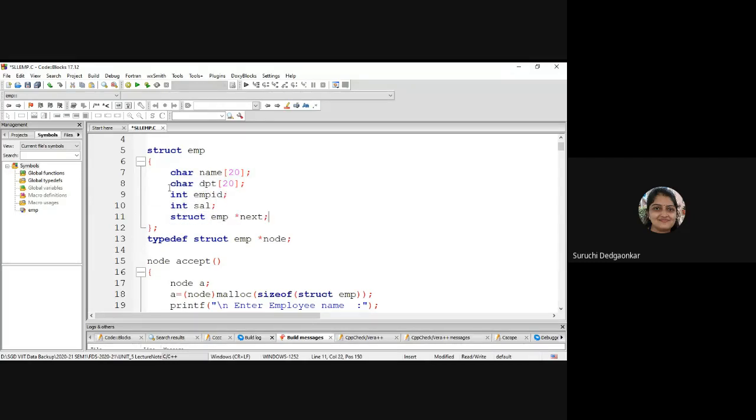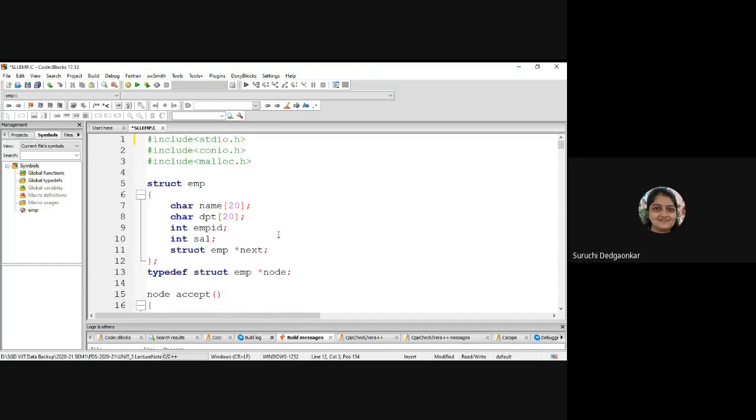So here you can simply take int data and a struct pointer, whatever is your name, next. The structure's pointer, a similar structure's pointer next. This is the node, a single node of a single linked list. And we will typedef struct employee pointer to node so that everywhere we can use simply node to allocate memory, for dynamic memory allocation.